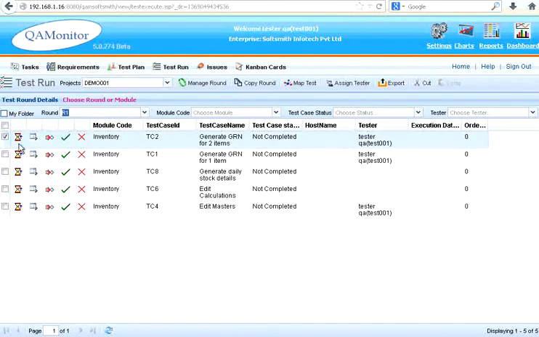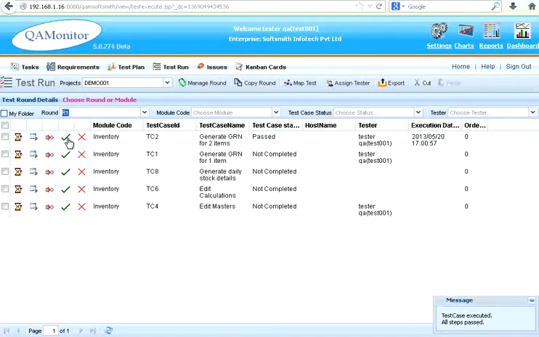Now I could see this is the tester. Now I can take this. I want to give this test case a pass. What you can do is, in one click, if you want to make it a pass, this test case has multiple steps. If you click this, it will change that to the pass status. You could see this test case has gone to the pass status. It notes down the time of execution also. In one click you can say pass.